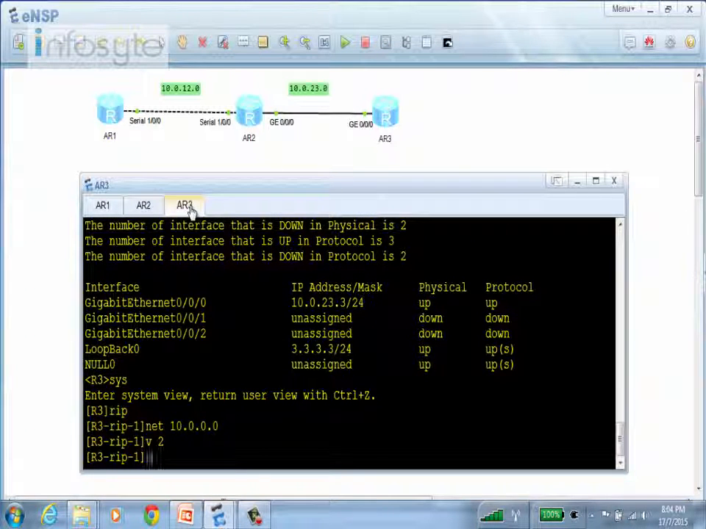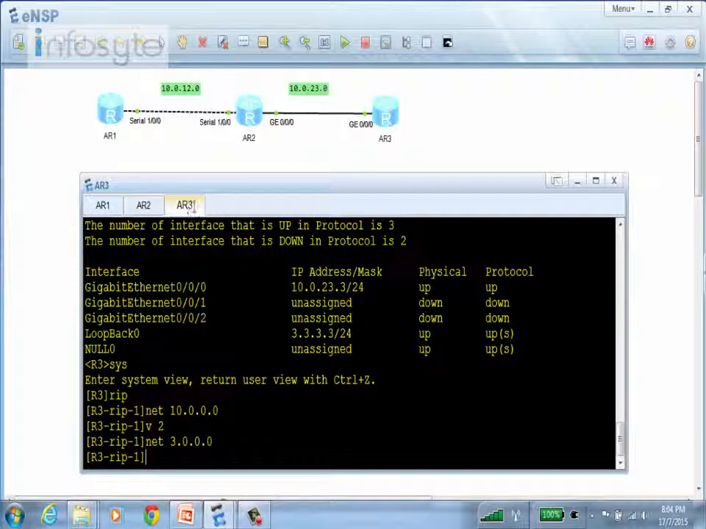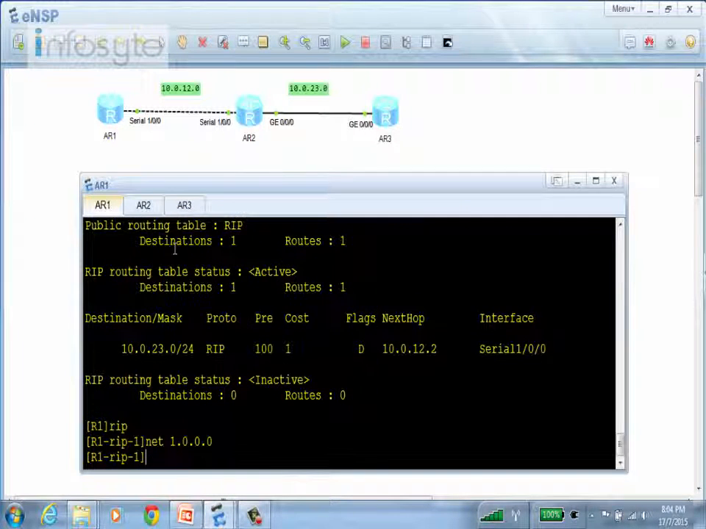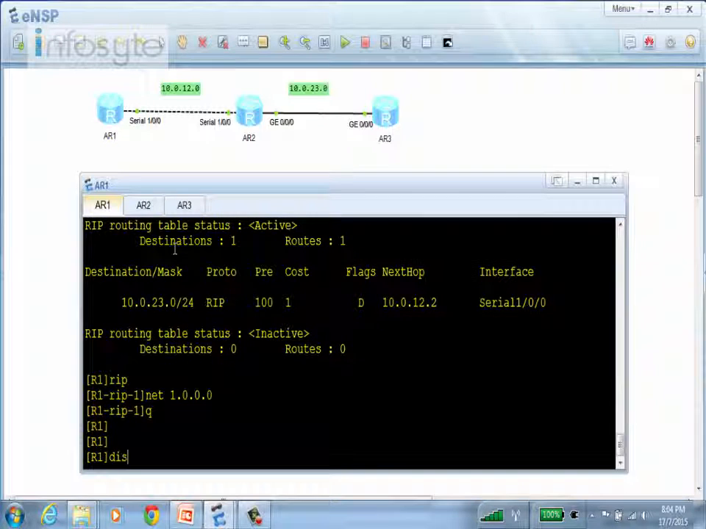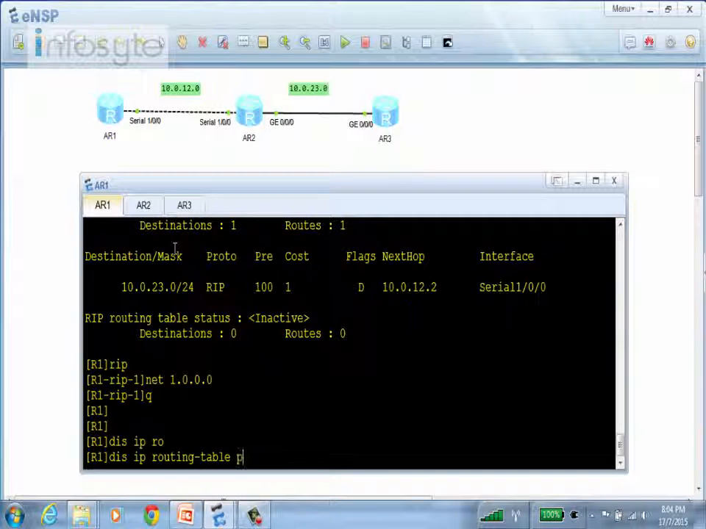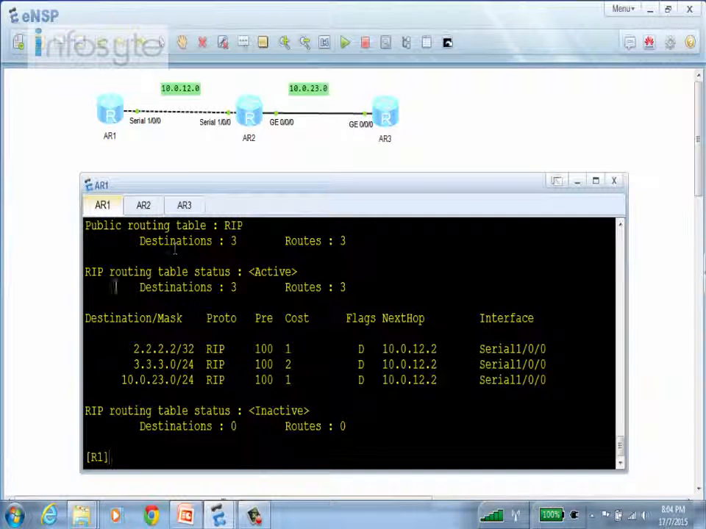And number 3. All right, so the update should have been received. Okay, so let me do a display IP routing protocol RIP. So I have number 2 and number 3. Now, one way for us to check on our